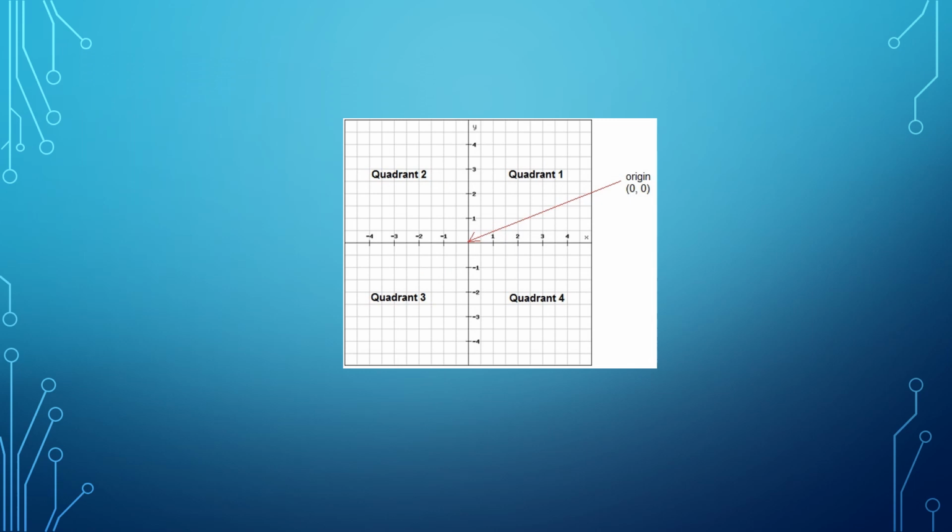If you divide our working space into 4 quadrants, quadrant 1 will have all the points with x and y as positive. In quadrant 2, the x-axis will be negative and the y-axis will be positive. In quadrant 3, both are negative, which means the x-axis is negative and the y-axis is also negative. In quadrant 4, we will have the y-axis negative and the x-axis positive.